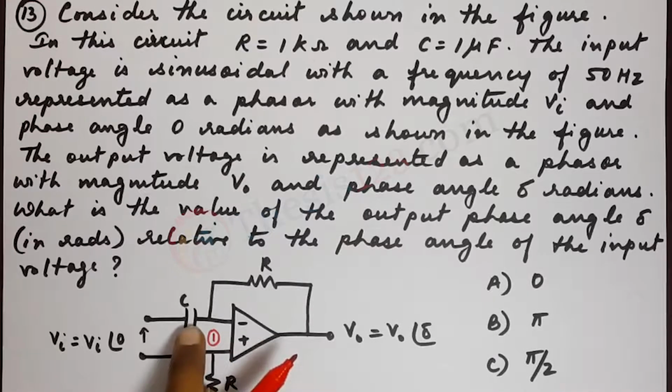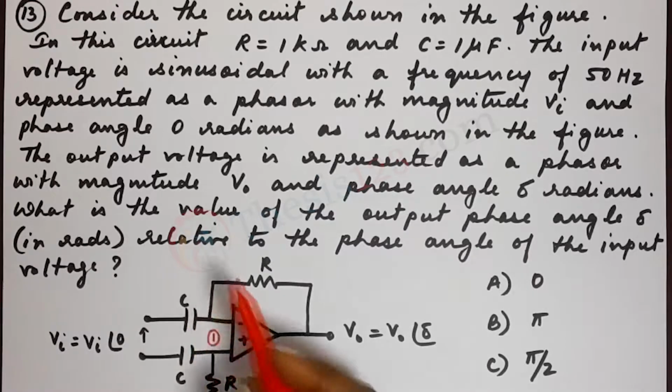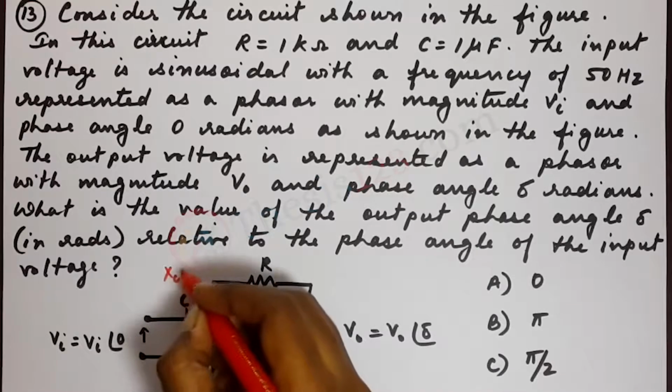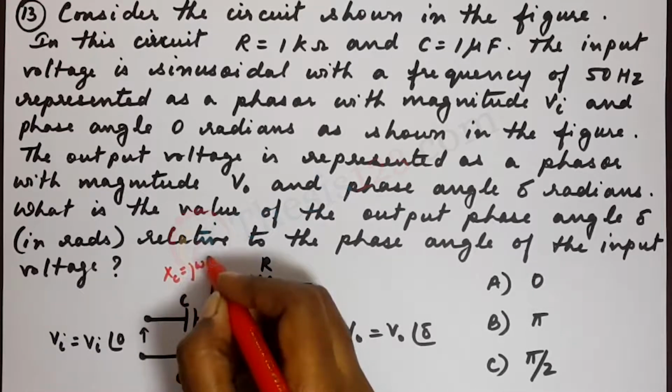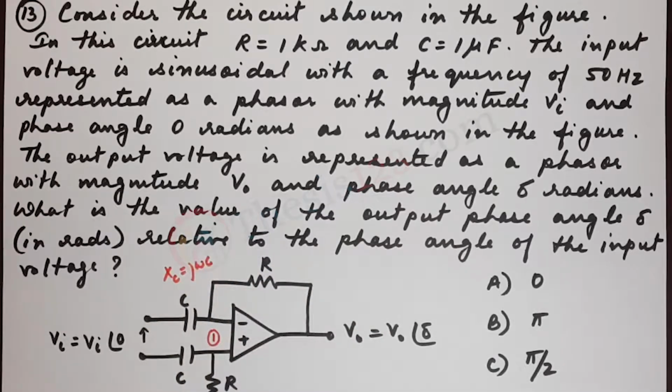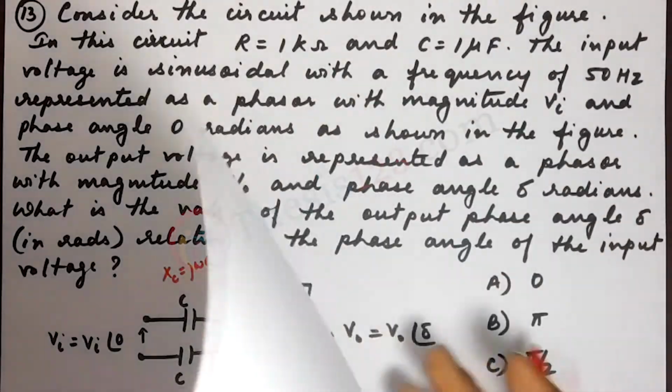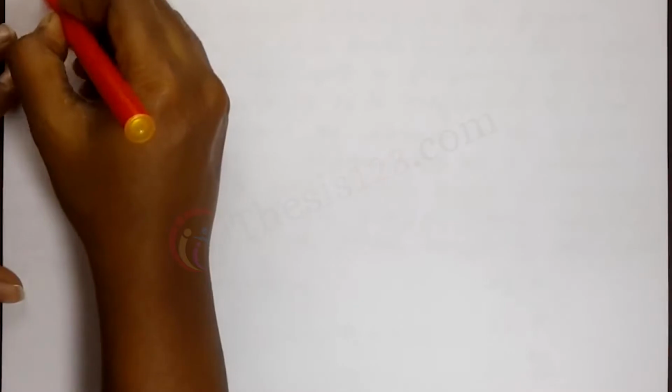Now since we have C, we must also remember that there is a capacitive reactance. So the capacitive reactance Xc would be 1 over J omega C. Please remember. So let's work on the KCL equation. If we write down the nodal equation at point 1 there, KCL at node 1,